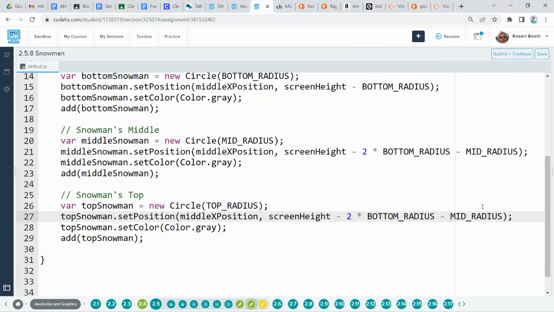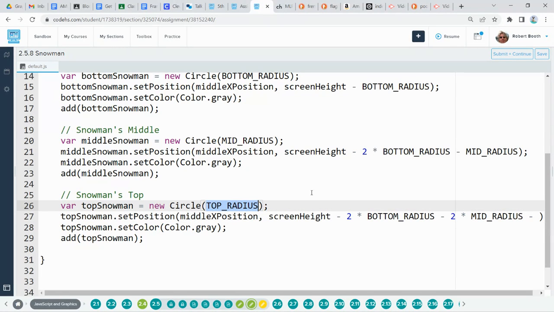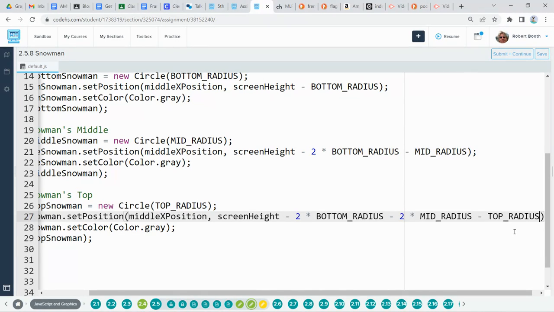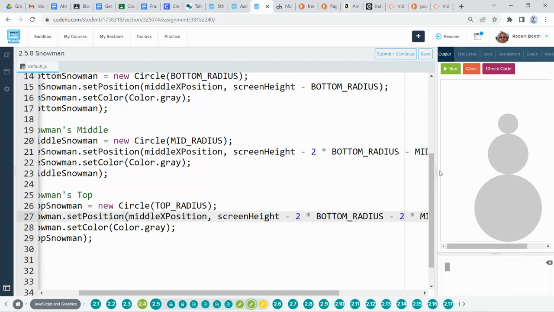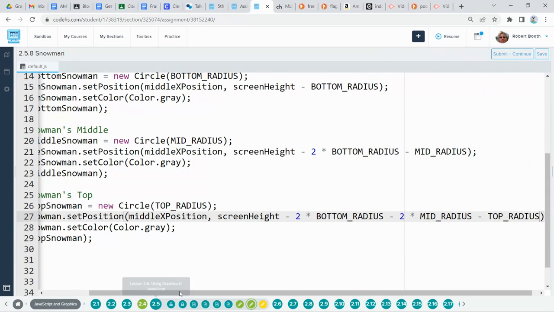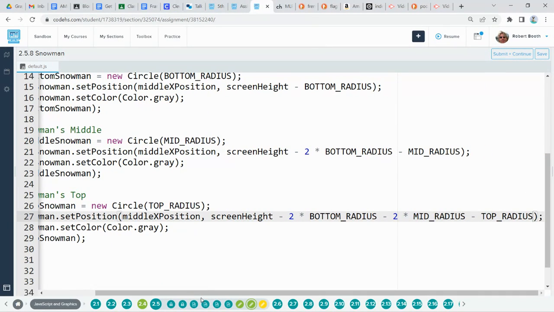So the mod I'm going to make here on this is going to be two times the bottom radius minus 2 times the mid radius minus, and because I hate typing, the top radius. That's going to put the top of my snowman exactly where it needs to be. Right up there. Now, this also is like a monster line of code. It's a big line of code, isn't it? I know. So I'm going to pause